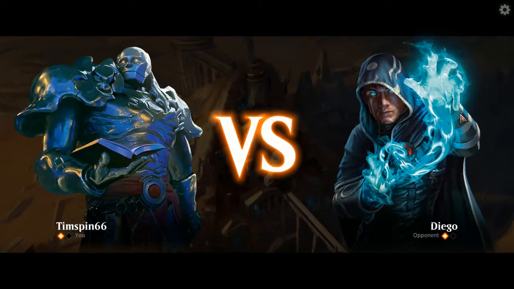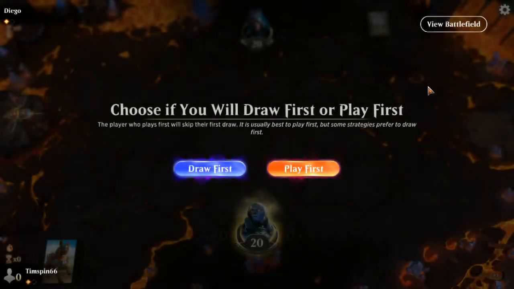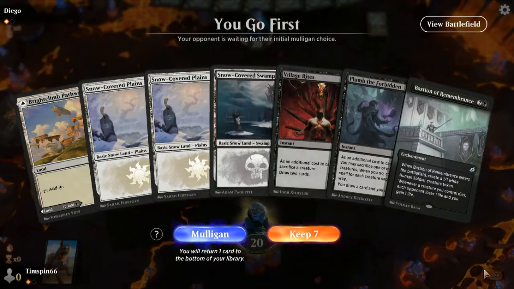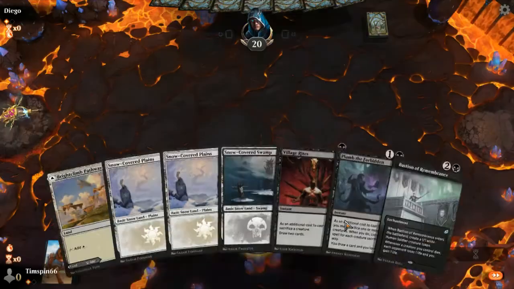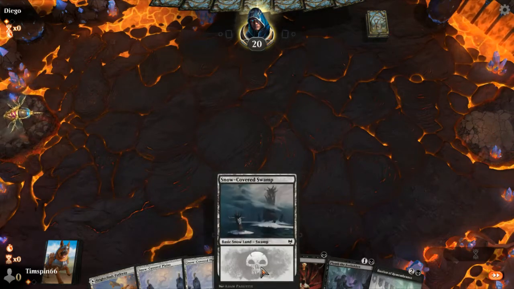Okay, I am hoping this works. I have some hope here. This is a terrible deck to have to play against. We go first. I like it. If we get a halfway decent hand, we do. A little bit thick in lands, but we get Bastion. We go first. We'll probably use Plum